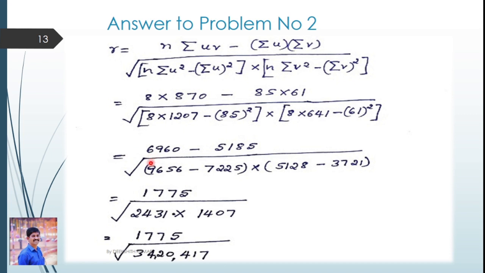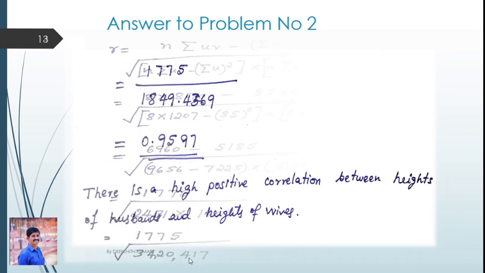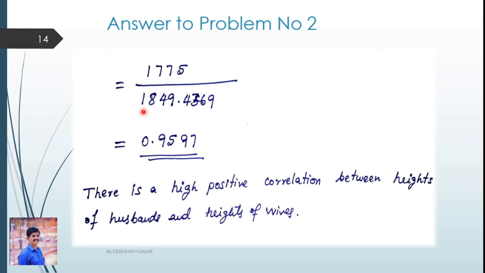So this is 6960 minus 5185 is equal to 1775, divided by square root of 9656 minus 7225 is equal to 2431, into 5128 minus 3721 is equal to 1407. When I multiply this, it will become 3,420,417. When I remove the square root, it becomes 1849.4369. When I divide 1775 by it, the answer is